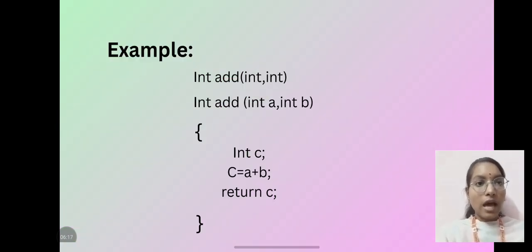Example: int add(int a, int b) { int c; c = a + b; return c; }